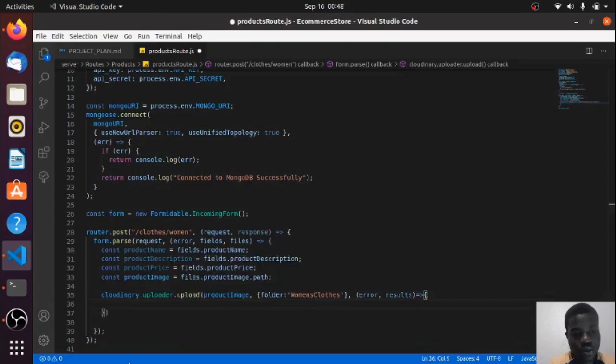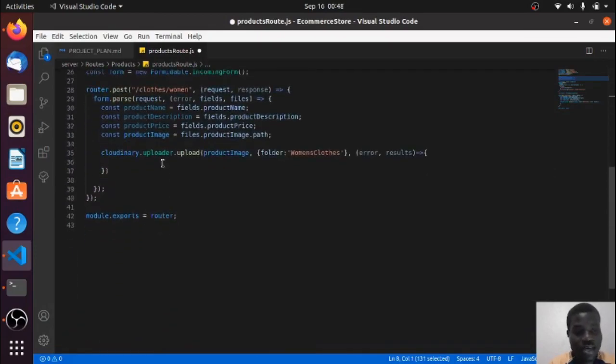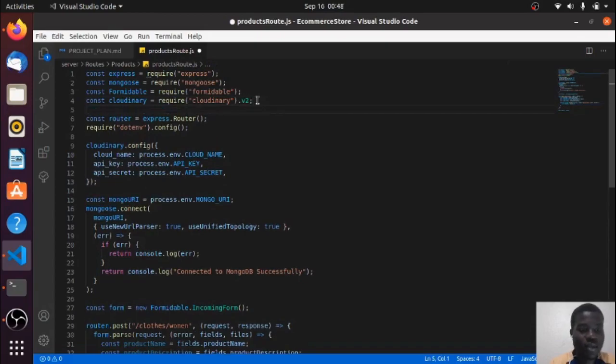So because I'm doing this out of faith that my config is proper, if we do get an error, we'll fix that. That's not a problem. So now we say const image URL is equal to results dot URL, right? So hopefully Cloudinary has that. And then now we want to import the women's product model so that we can add there. So now say const women's,